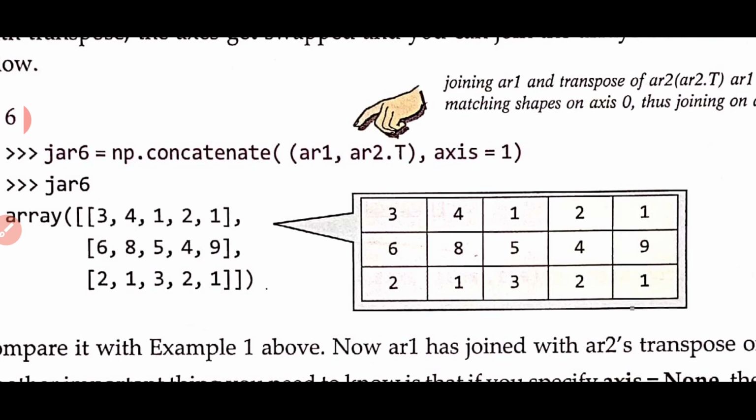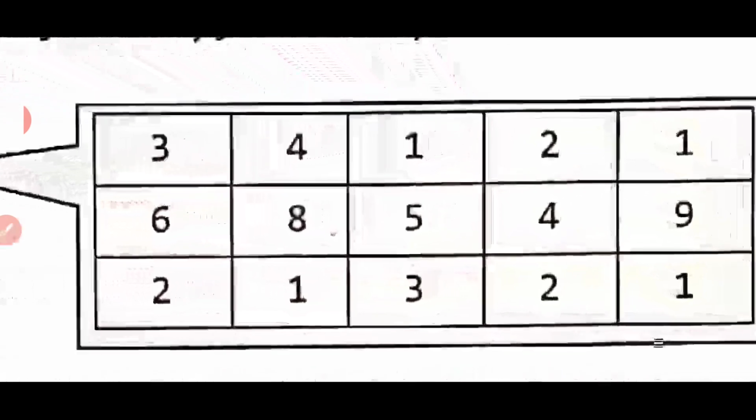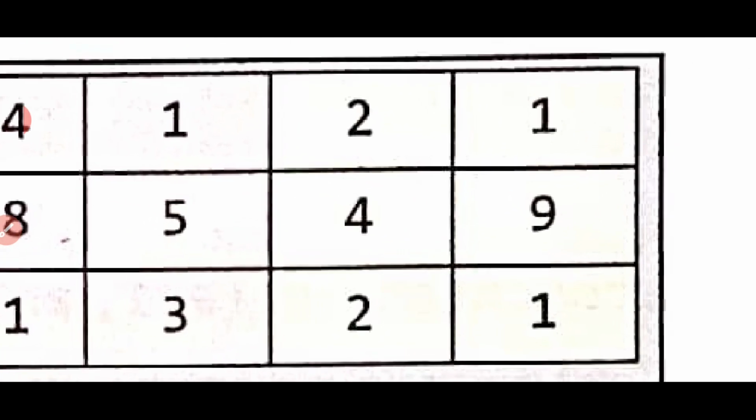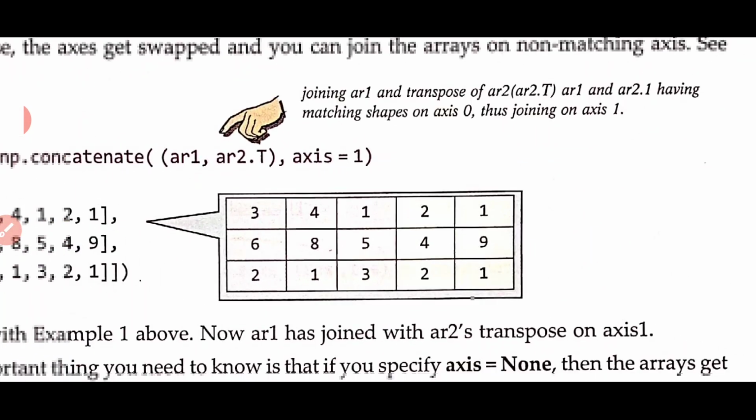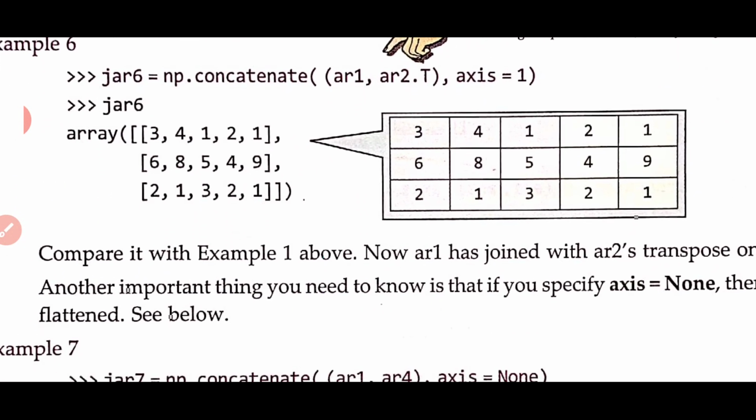You can see the elements of AR2 were written on the horizontal axis. Initially or originally, the elements of AR2 are written on the horizontal axis 242, 191. But due to T, they are written on the vertical axis 242 and 191. The last two cell values 242 and 191. These two, the last two. Good. So using transpose, we can convert the axis of any array elements, and we can add.